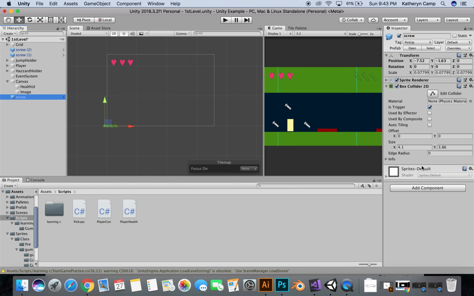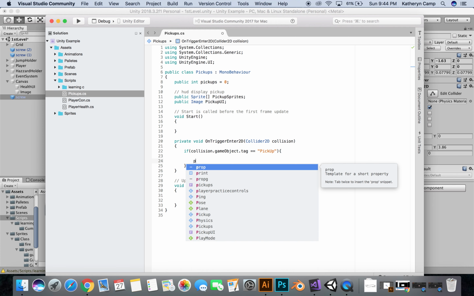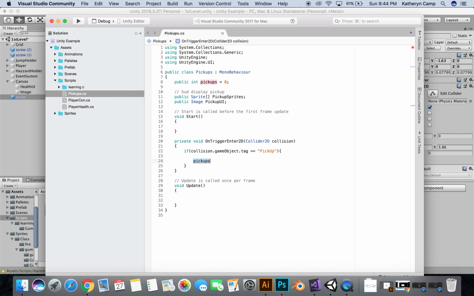So it's pickup, spelled exactly like that. So I'm going to come in here and say our tag is pickup. Remember, uppercase matters. If it's got uppercase or lowercase, that does matter. And so I'm going to say if collision.gameObject.tag, oh, I forgot an equal sign, so equal, remember. If is always equal. It's got to be exact. So if it goes into there,